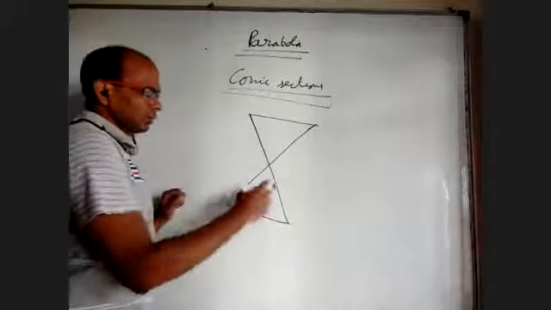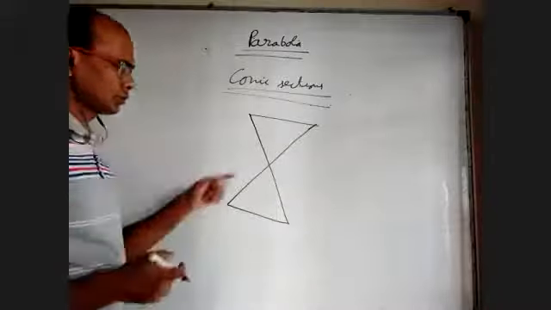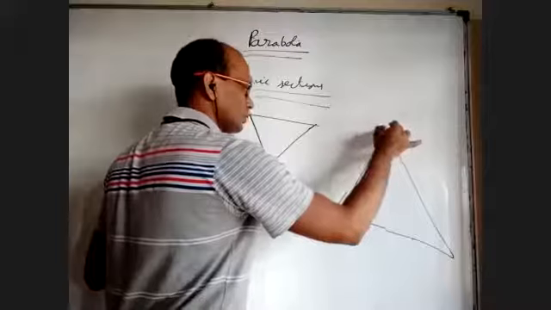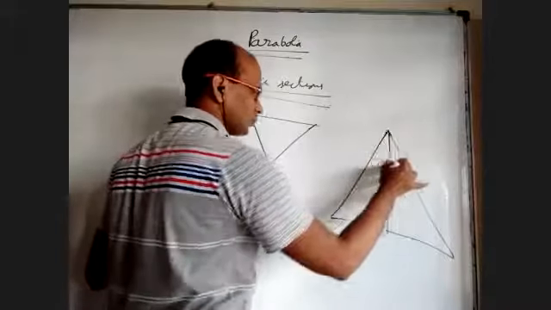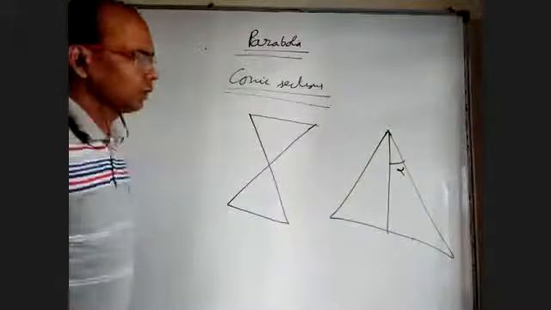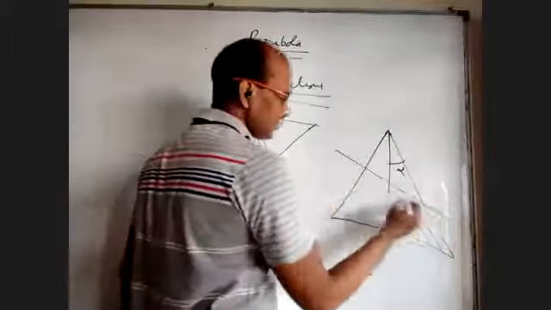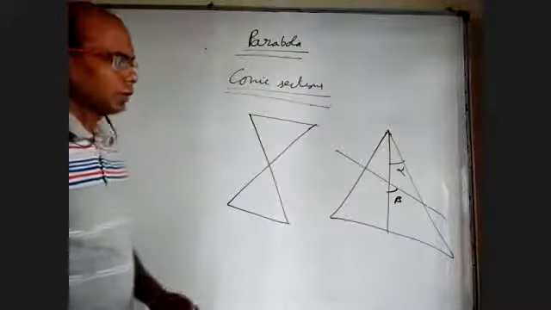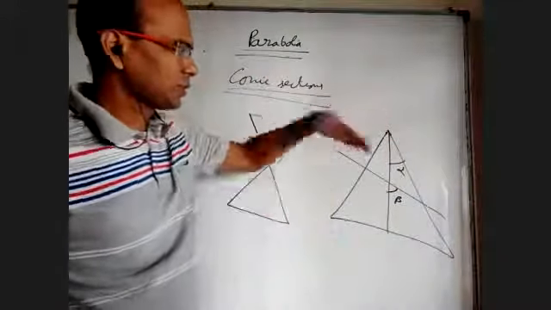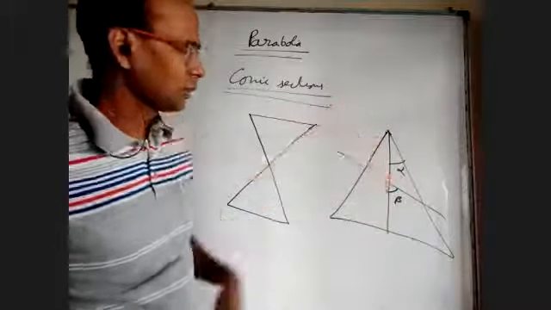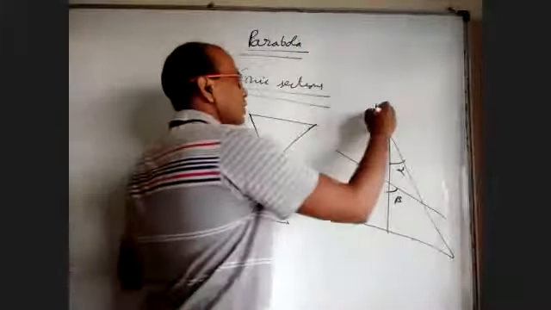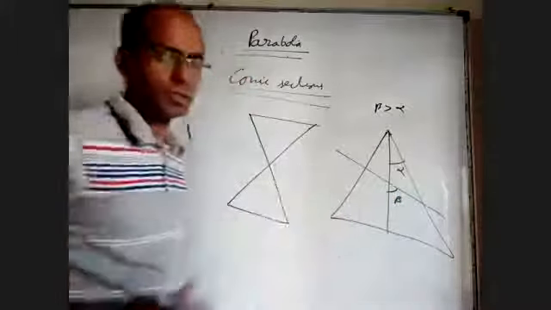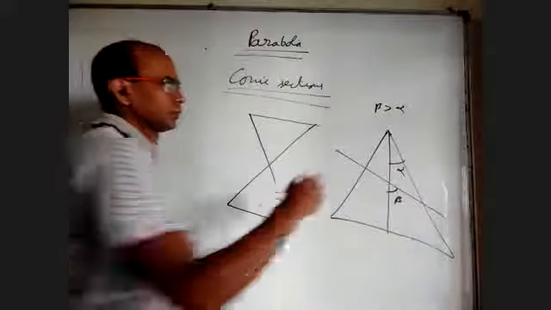You take a cone, and I kept one more cone. No, that cone part is not important. Let us take one single cone with a semi-vertical angle alpha. Now, there is a line which is making an angle beta with the vertical line. That is actually a plane. This is a cone and this is a plane that I'm cutting. If this beta is more than alpha, after cutting it, if you remove one piece and see the fresh surface, what you see is an ellipse.